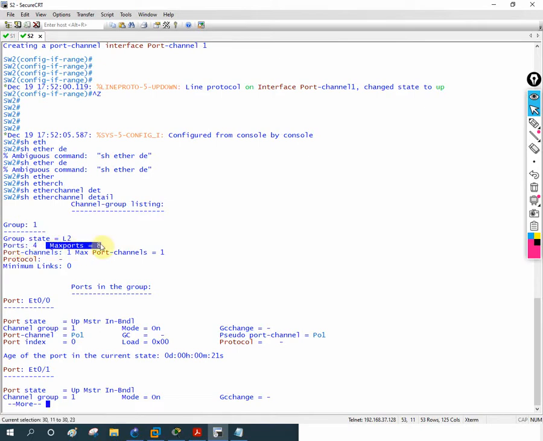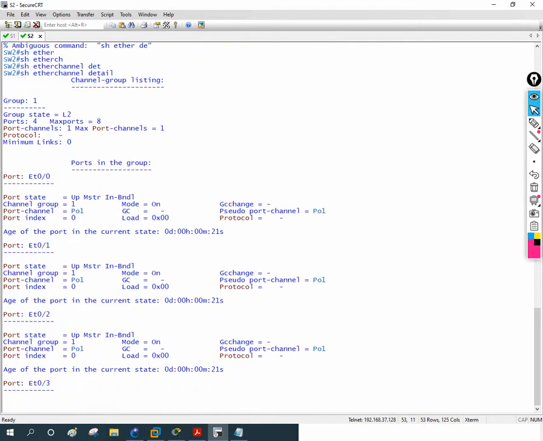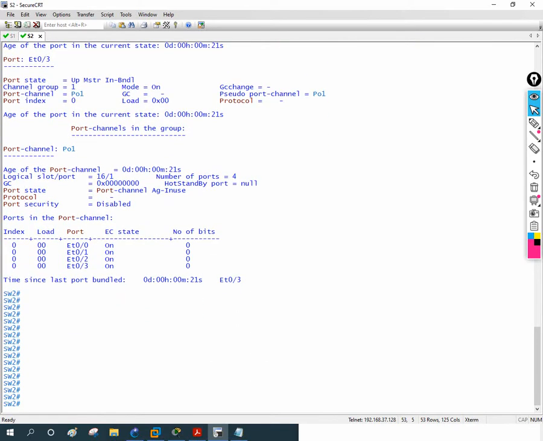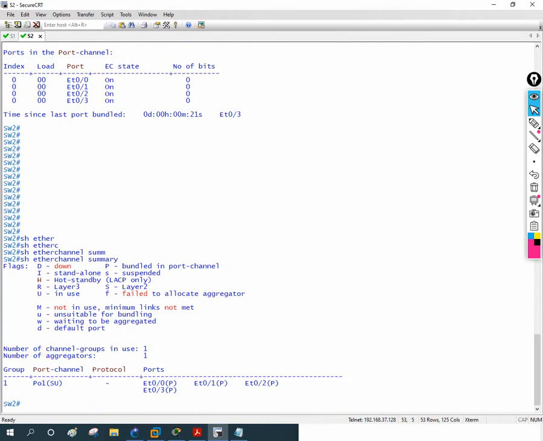Maximum you can use 8 ports. And here which mode are we using? We are going to verify the on mode. If you see here, the mode we are using is on. And let me show you some more commands so you will have the idea. So this is the individual detail of the port. Now we are going to check with the other commands. I will write show etherchannel summary. So you will have the summary here.